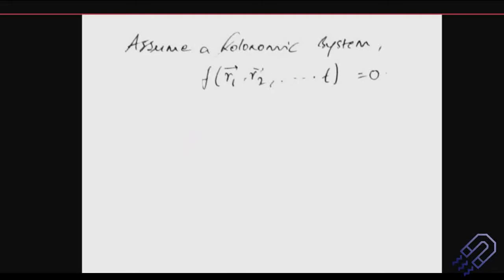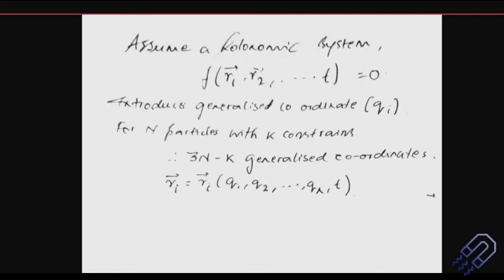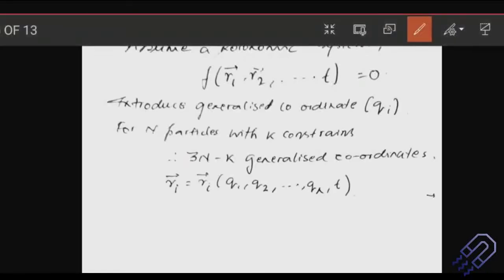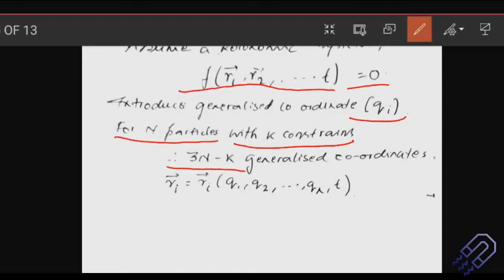The first term is holonomic system. If we have a holonomic system, we can write it down in this form: as a function of the different generalized coordinates and time, which is equal to 0. We will introduce the generalized coordinate, which is qi. We have also seen the degrees of freedom idea. If there are n particles and k constraints, there are 3n minus k